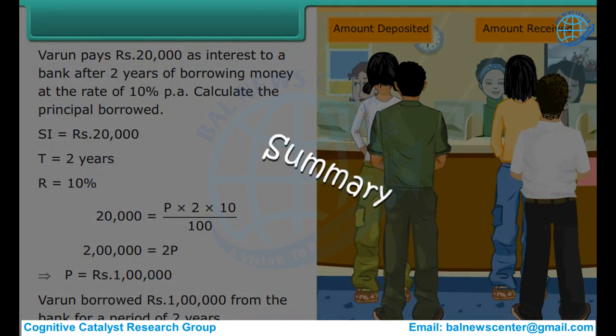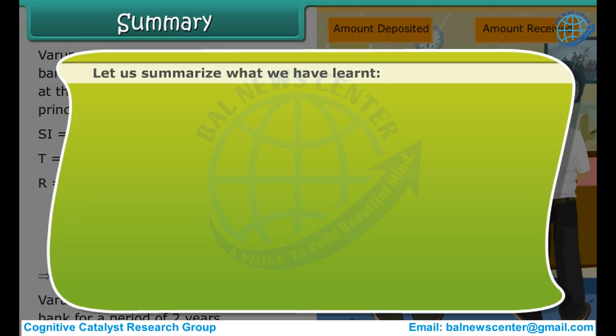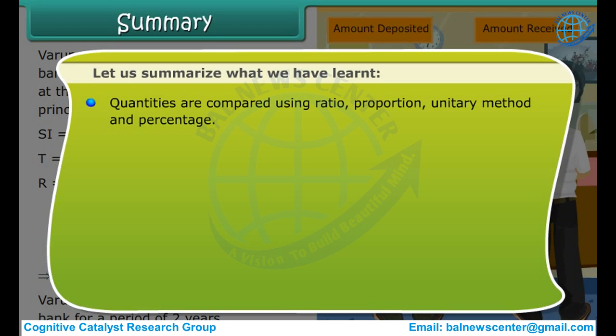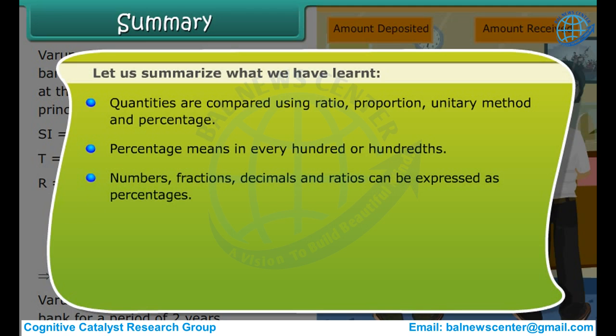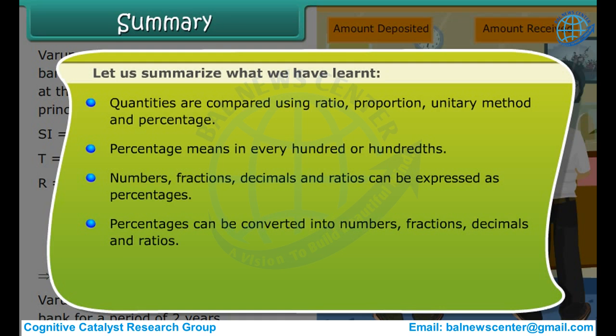Summary. Let us summarize what we have learned. Quantities are compared using ratio, proportion, unitary method and percentage. Percentage means in every 100 or hundredths. Numbers, fractions, decimals and ratios can be expressed as percentages. Percentages can be converted into numbers, fractions, decimals and ratios. The concept